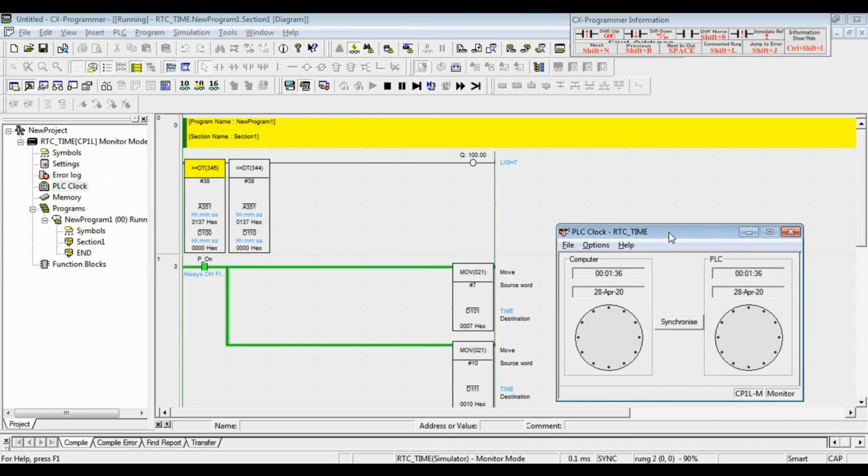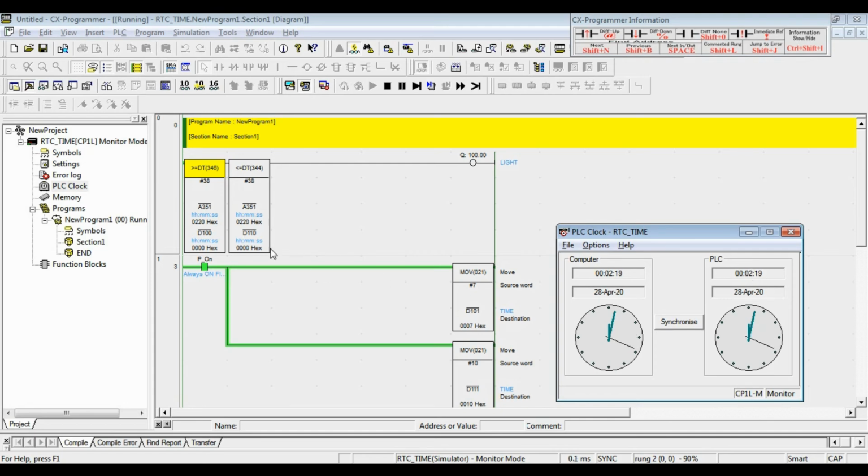Okay everyone, you can see that the light is still off now, because the time on my laptop or my computer is 0.2 minutes 15 seconds.